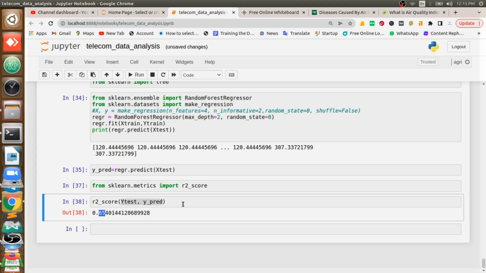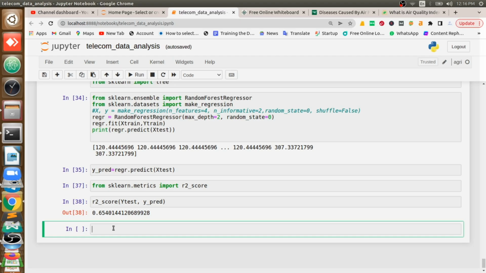So how can we increase the accuracy? What are the things we have done now? What are the things we should change to get better accuracy, and what may be the problem? A few of them I will mention, and you can try. First of all, we replaced every column with the mean. That we should not do. Actually, first what we should do is remove the complete rows of the columns which contain fewer null values.